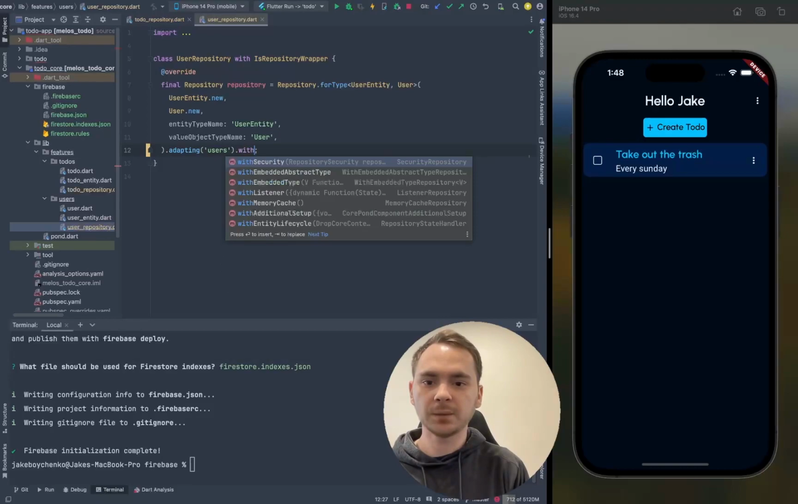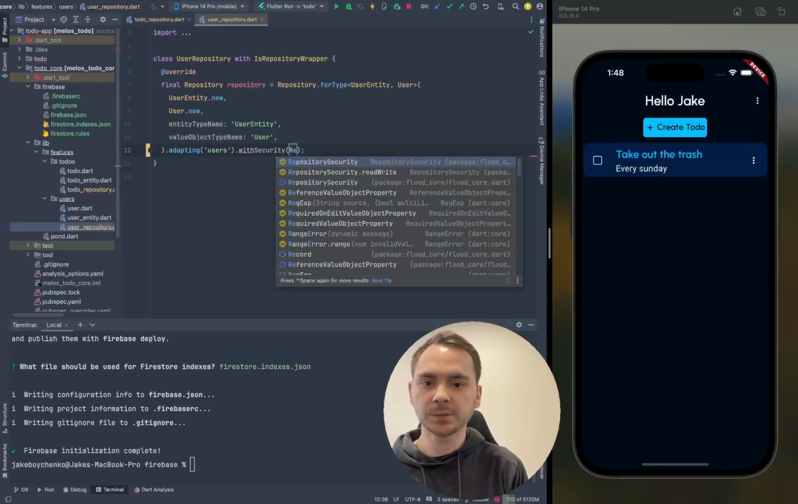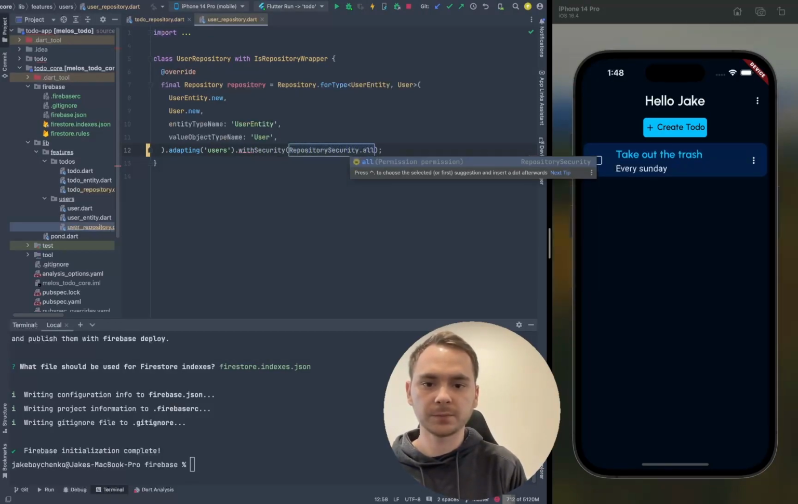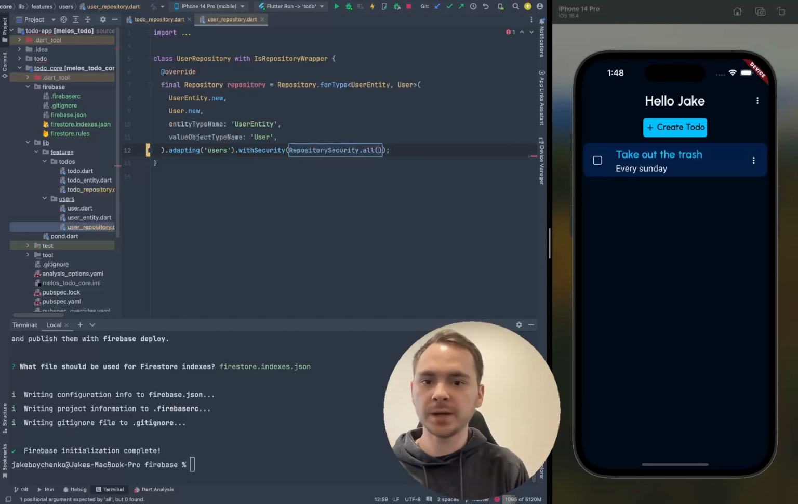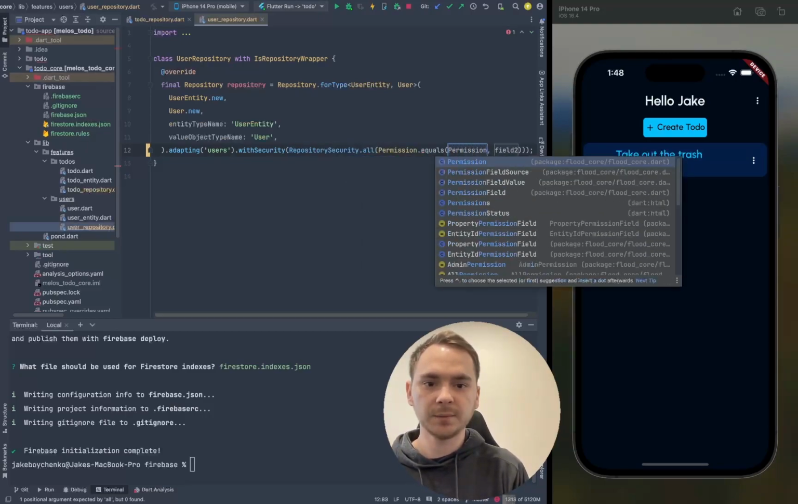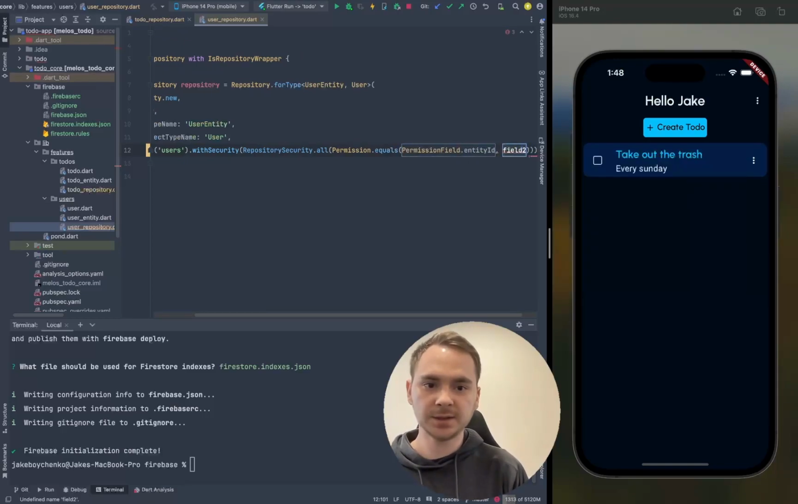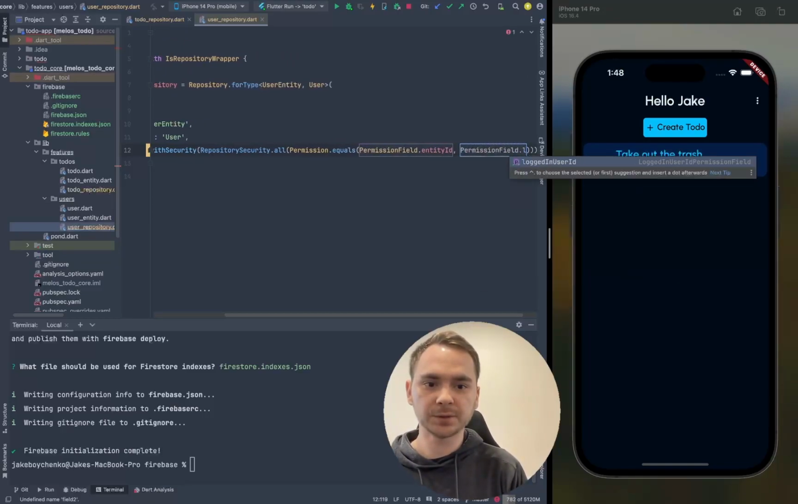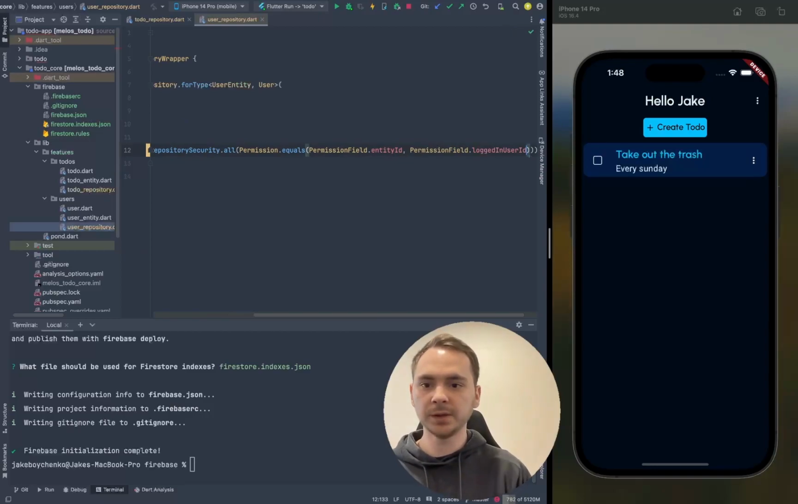Here, we're going to add .with security, and once again, we're going to do repository security.all. And we're only going to be able to do any operations in here if the permission.equals permission field.entity ID is equal to the permission field.logged in user ID. So we're only able to do any operations on a user if the ID of the user is the same